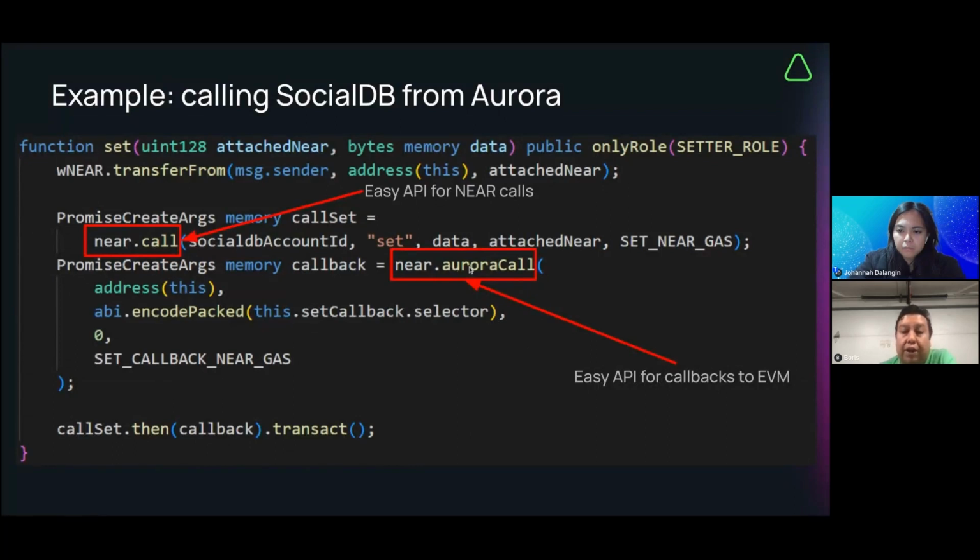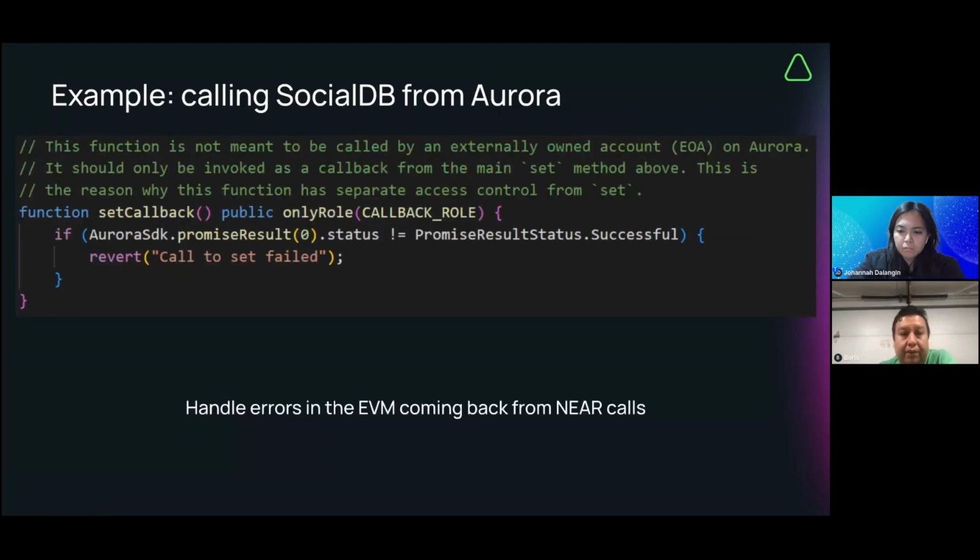You make an Aurora call, and then you send the parameters, the information you need to set. This will, of course, change from contract to contract, depending on the contract. And we are not familiar with that specific contract. I'm using this so you can see the general idea of how this is used in Solidity, right?